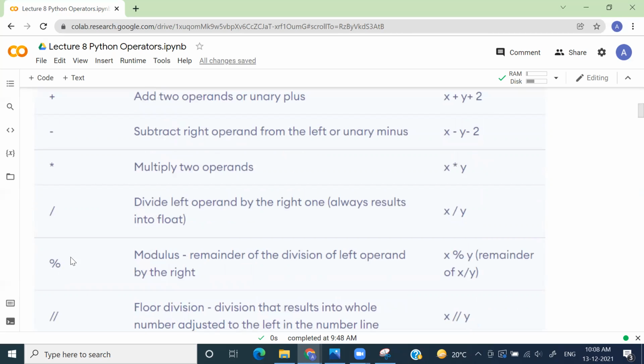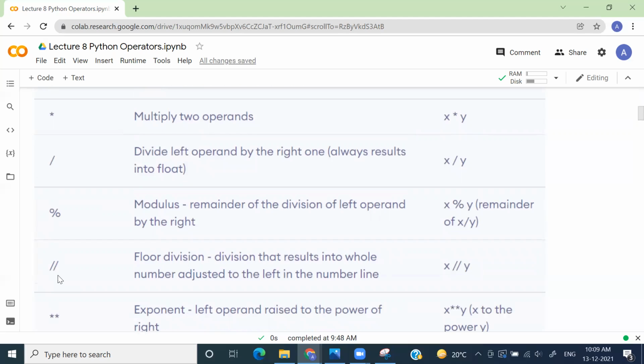There's another operator called the modulo operator, which gives the remainder. Whenever we divide a number by another number, there are two things we can get from that division: one is the quotient, the other is the remainder. So this modulo operator will give you the remainder. For example, if you do 5 modulo 2, it will give remainder 1, because if you divide 5 by 2, the remainder is 1, right? Whereas if you use the division operator, that means you are trying to get the quotient out of that division, so the answer will be 2.5. If we divide 5 by 2 using this operator, the answer is 2.5.